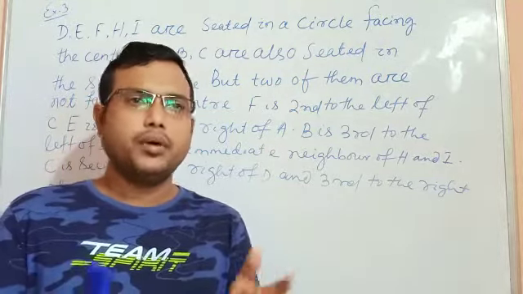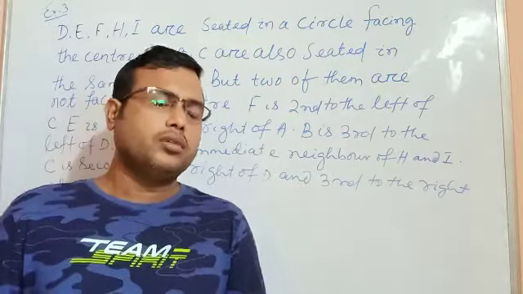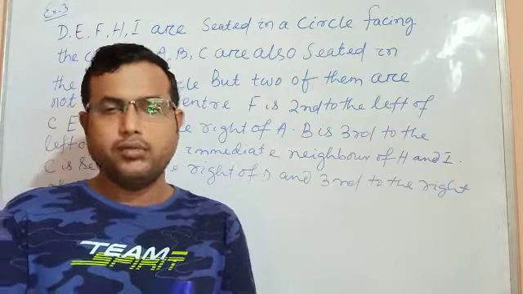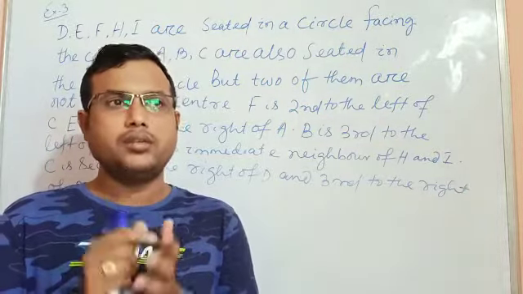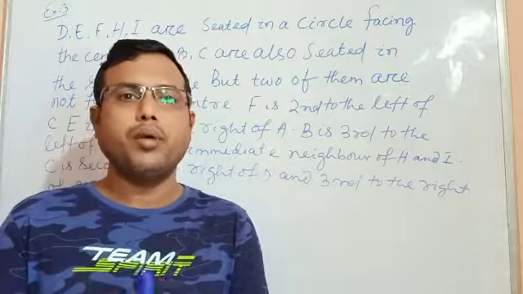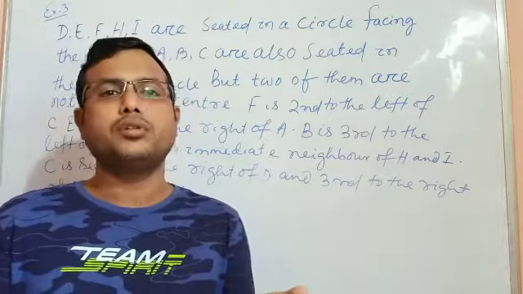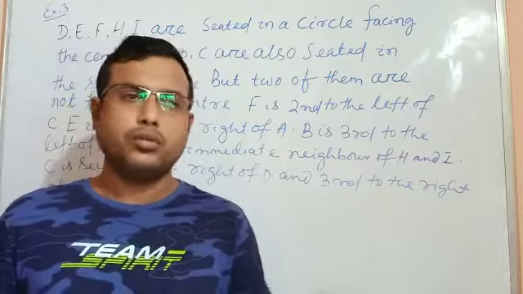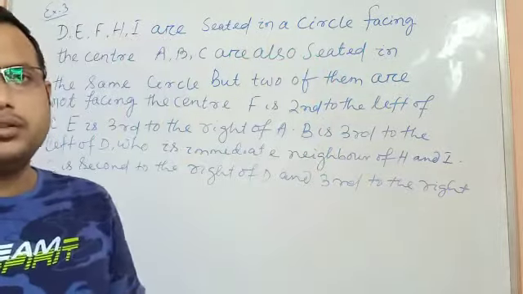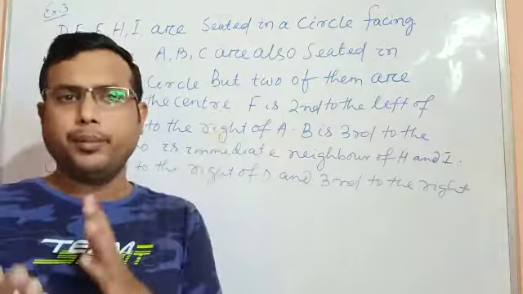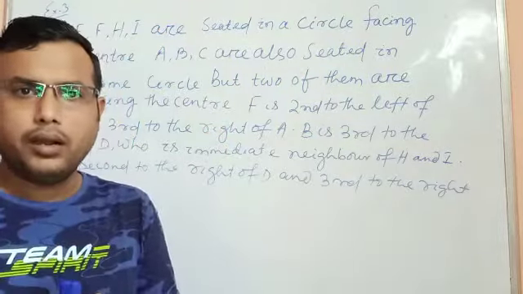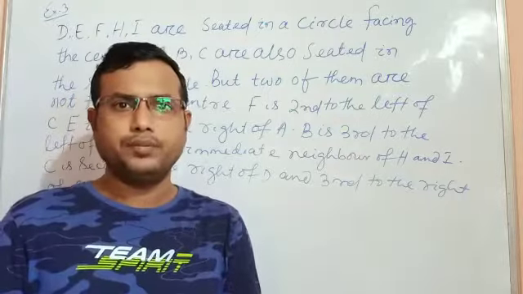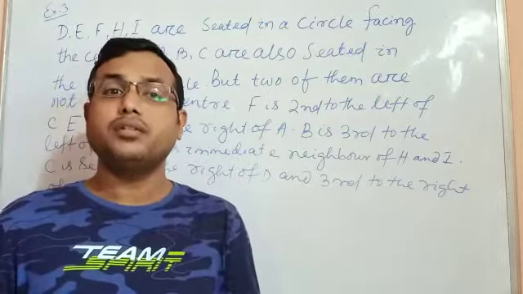Okay, very simple example. In this case, don't put the arrow mark when you draw the question. Okay, in the initial stage don't put the arrow mark. That means you don't know which members are facing toward the center, which members are not facing toward the center. So go through the statements, right? According to your requirement, put arrow marks and decide which is the right side and left side of the person, then proceed, so that all the above statements are satisfied.